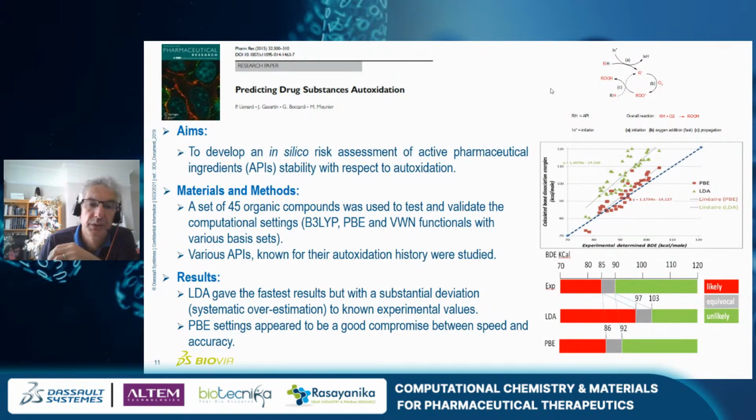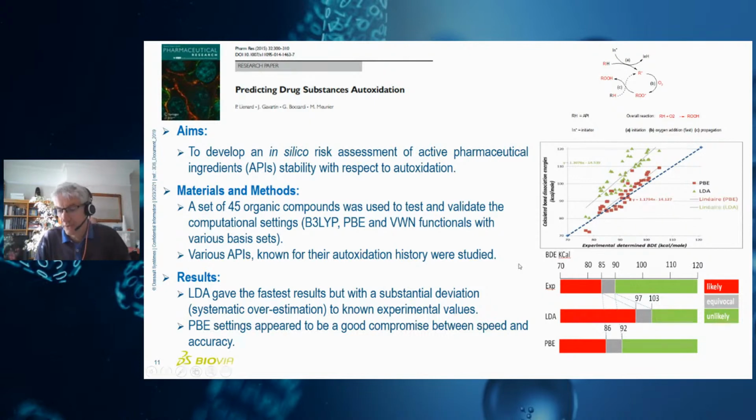So we found a series of settings, and now the chemists, and you can see again a presentation from Sanofi at the Biovia UGM, showing you the compound toolbox. The compound toolbox is like a tool, a web page, where in this case the chemist can upload a compound API and then ask for the likeliness of being subject to hydrogen abstraction.